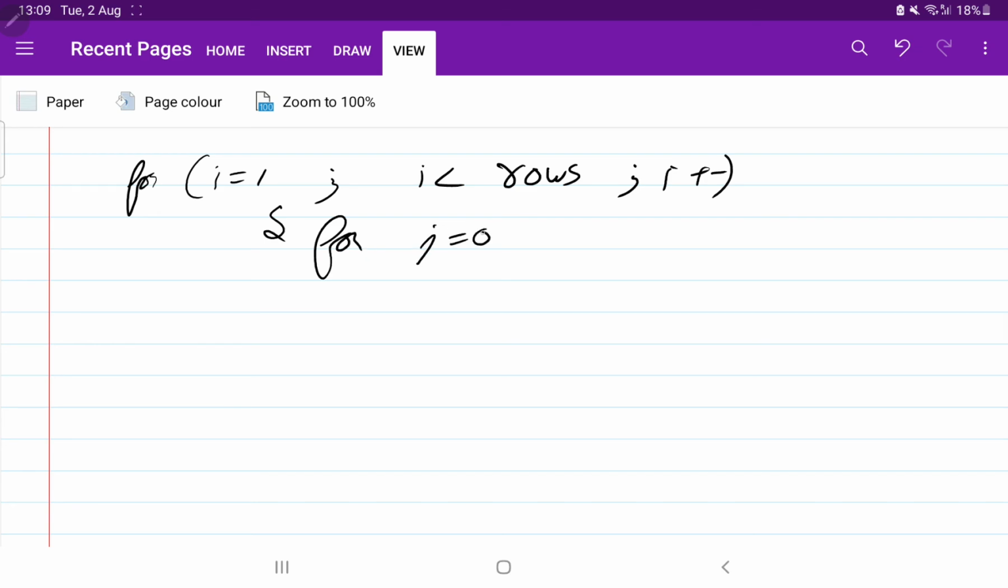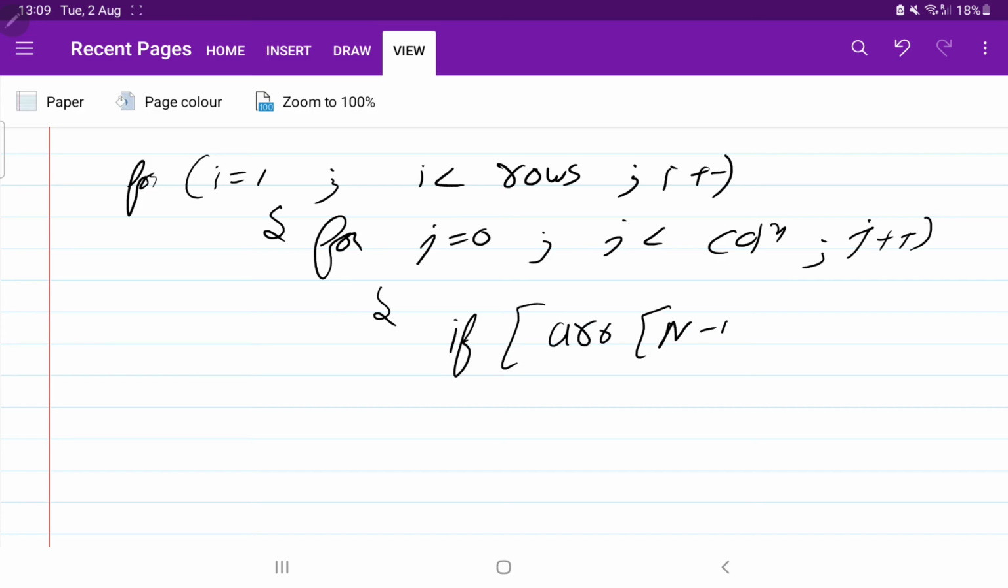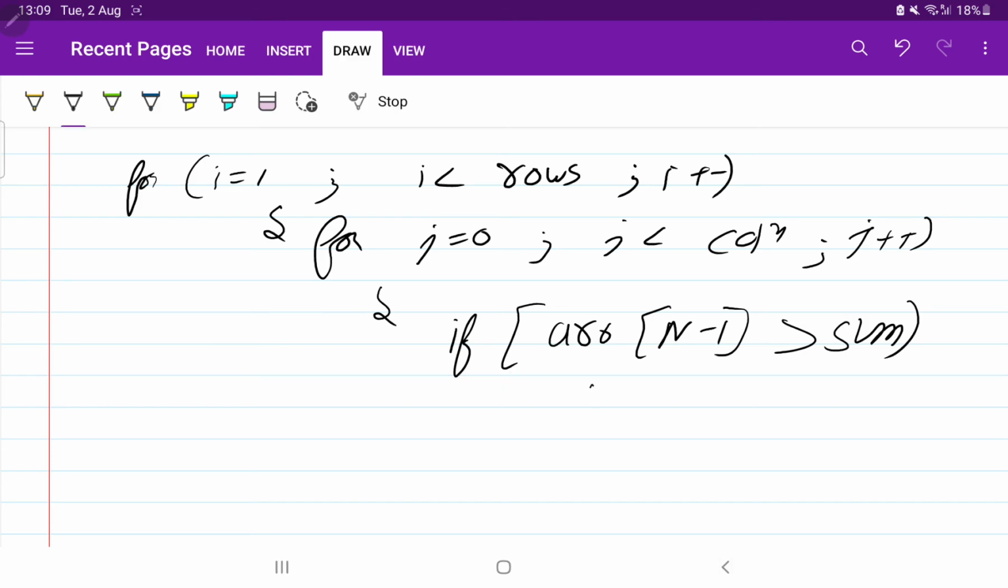Now we have taken the decision. What was the decision? If array of n minus 1 is greater than the sum, then we are not going to choose the element. We will directly shift to the previous element.